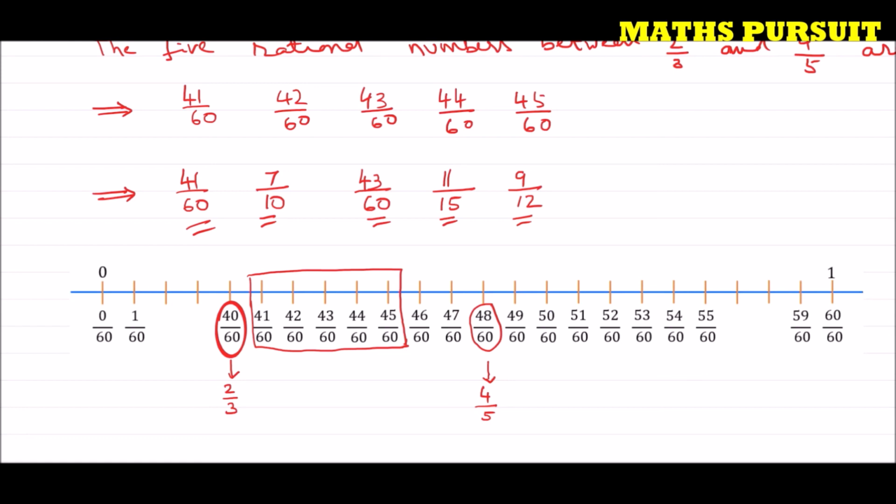And guys, you could see that on this number line, I have also represented 0, which is 0 upon 60. Though it is not given, I have represented it here, and 1 also. I have considered 60 upon 60 because our denominator is 60, so that the examiner can understand that these rational numbers lie between 0 and 1, and can see that the concepts are very clear.